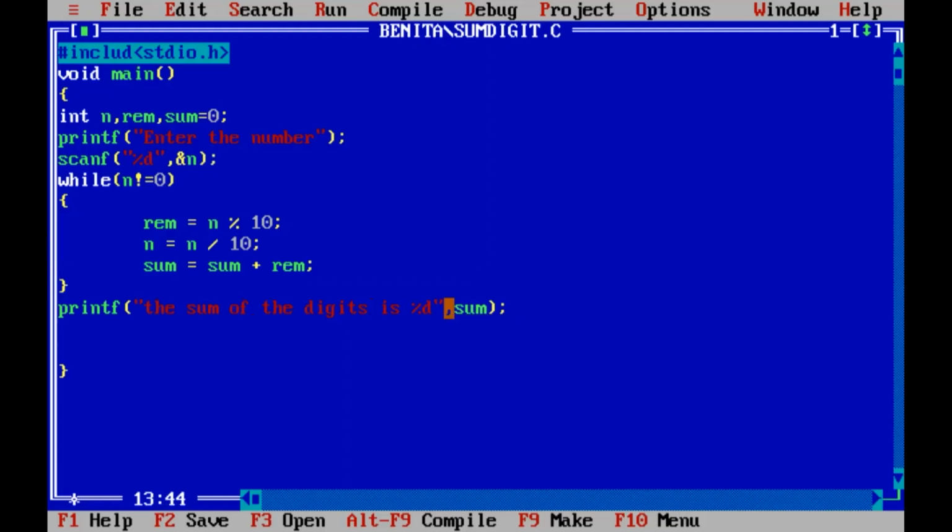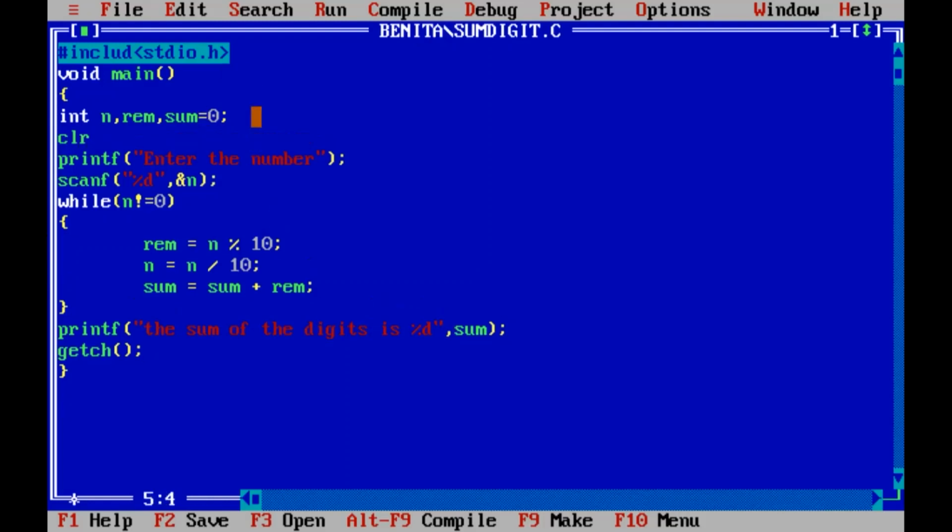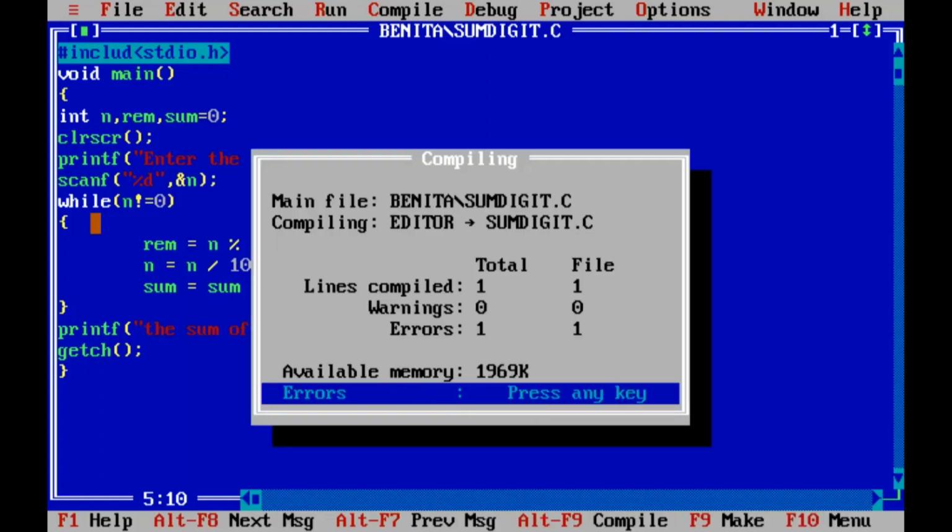Now, what are the extra things we need to hold the screen? In order to see the output, we have to use getch. And in order to clear the previous execution, what do we have to use? Clear screen. Yes. Now, is there any error when I was typing? No, right? One error is there.